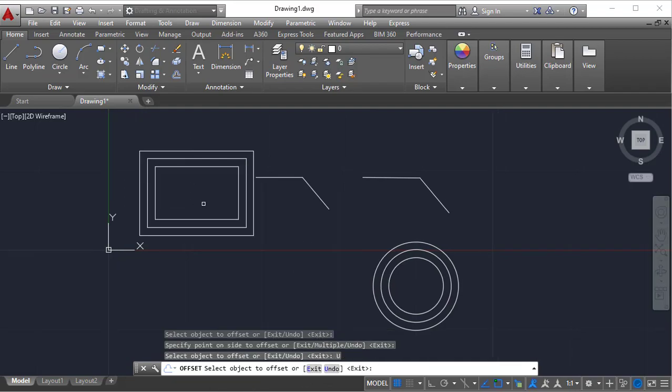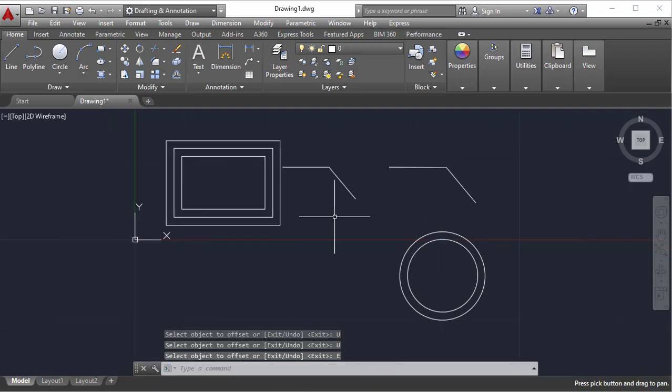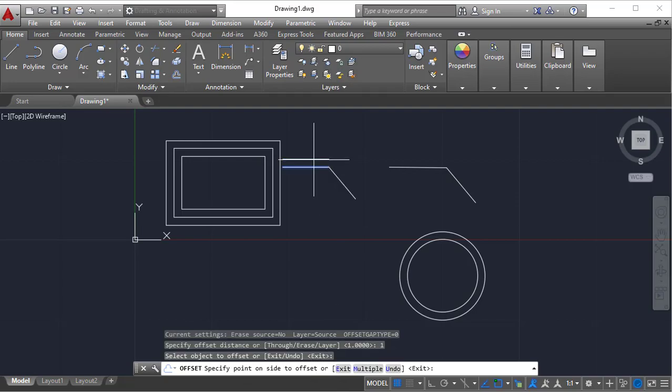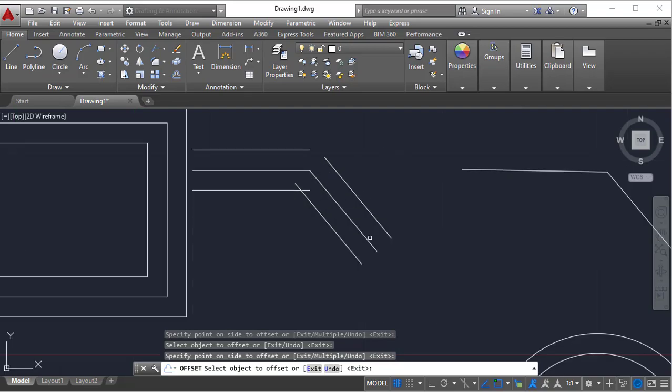And I am just clicking undo. You can observe what happens. If you click undo and then click exit, you will come out of the offset command. And if you go again with the same one distance, I am just picking this line object with the same offset value. You can clearly observe this. I constructed this object with line objects, which means this is separate, this is separate. That is why it is creating individually.